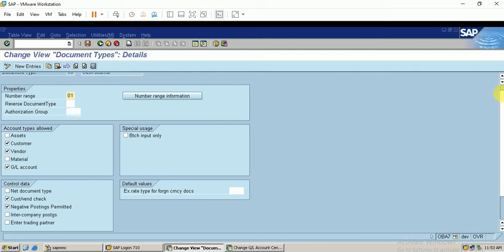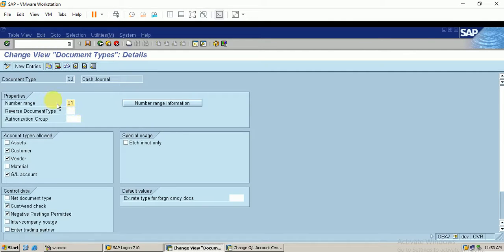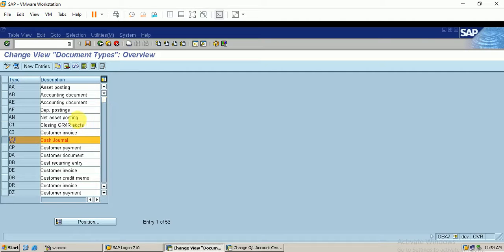You can see the number range is 01. We should maintain the number range in the next step. So I have linked 01. This is the document type. I save this. I think I've maintained the number range. I show you. This is the document type, and the next step is